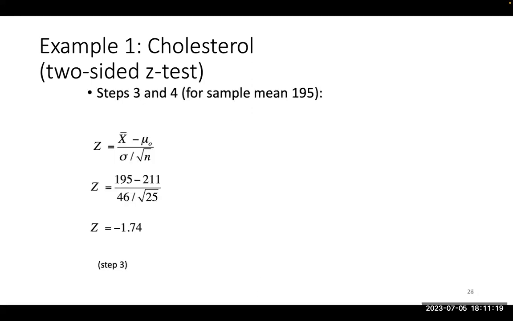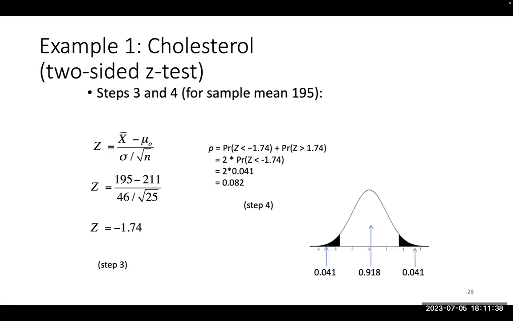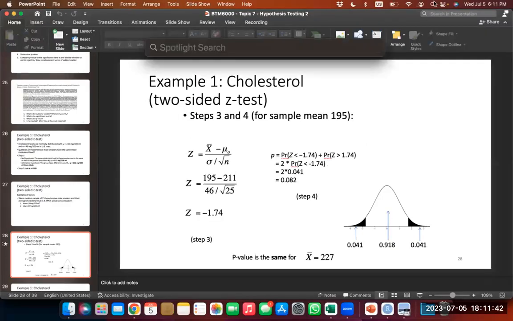So what's the conclusion? We talked about it: X bar minus mu gives you the difference, and then you divide it by the standard error of the mean. So 195 minus 211 divided by 46 over the square root of 25 gives you minus 1.74. If we look at the z-score table, minus 1.74 corresponds to